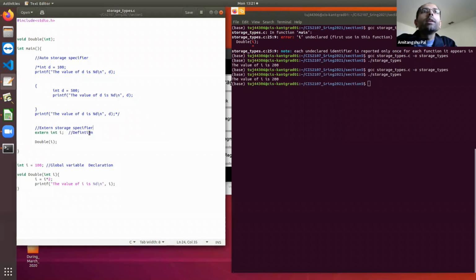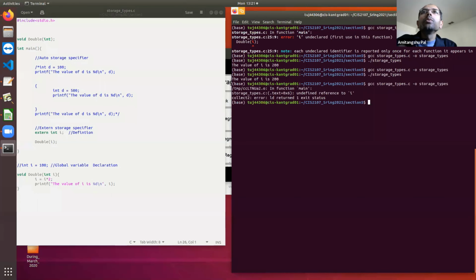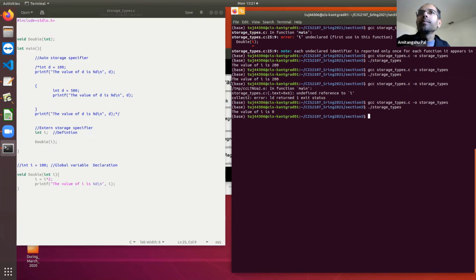How can you check that it is not a declaration? Suppose you remove this line. It is going to give an error: undefined reference to i. But if you remove this extern keyword, it should work as it is.